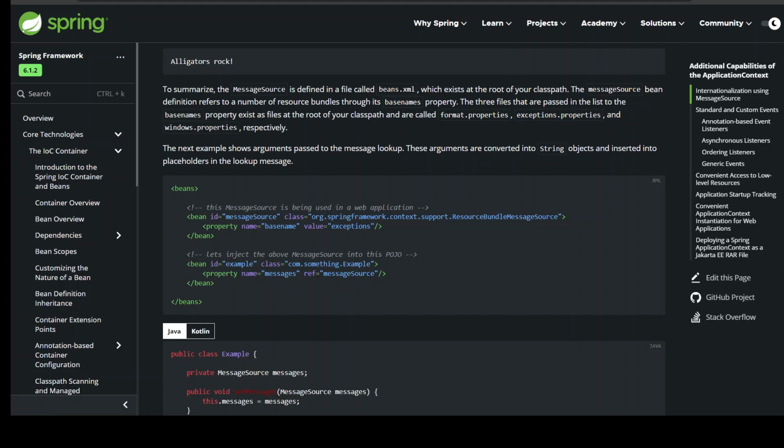The next example shows arguments passed to the message lookup. These arguments are converted into string objects and inserted into placeholders in the lookup message. <!-- This message source is being used in a web application --> org.springframework.context.support.ResourceBundleMessageSource <!-- Let's inject the above message source into this POJO -->